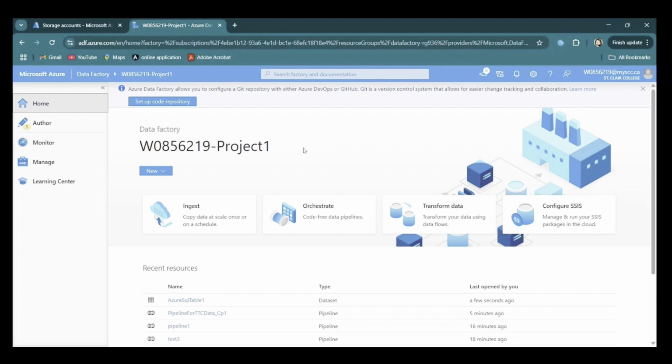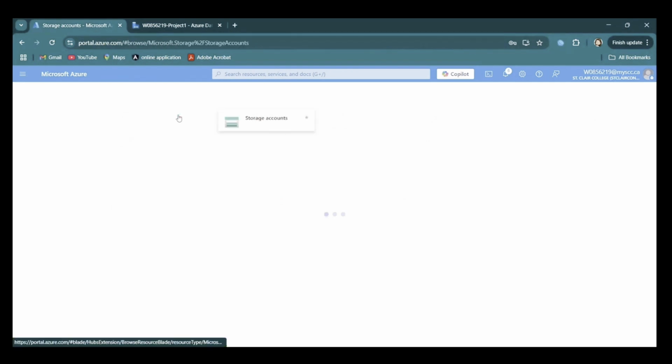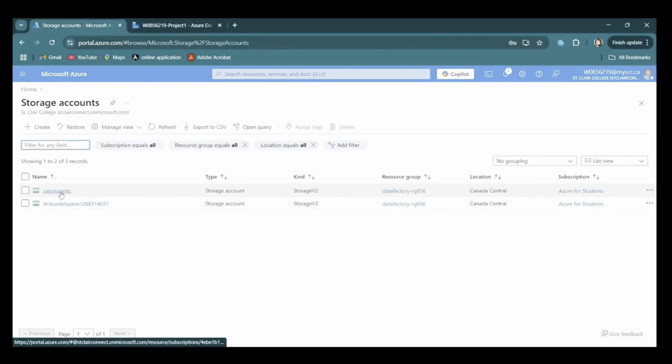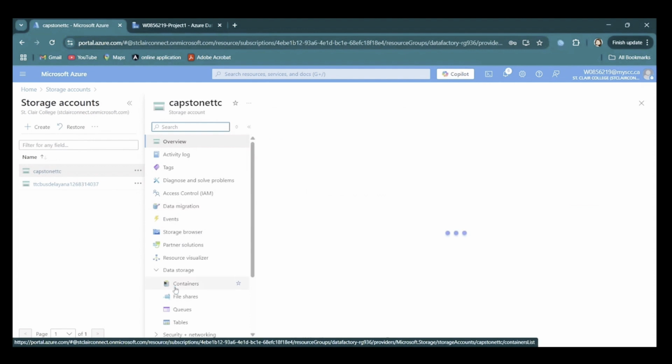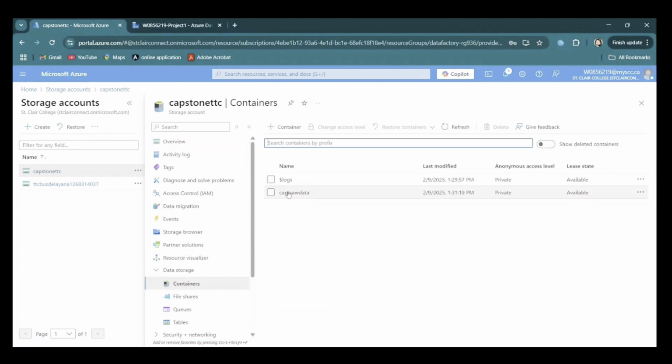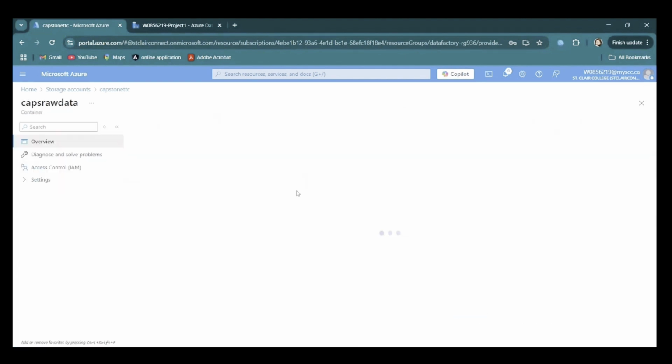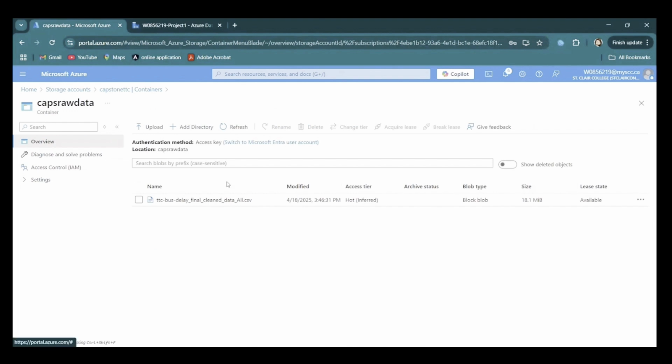In this project, I worked on Microsoft Azure Cloud Pipeline to integrate our data. Now I'll navigate you through the cloud journey. To create a Microsoft Azure Data Factory pipeline, we need data. Further, I have created a storage account called Capstone TTC. Under this, I have created a container called caps.data. In this container, I have uploaded a dataset